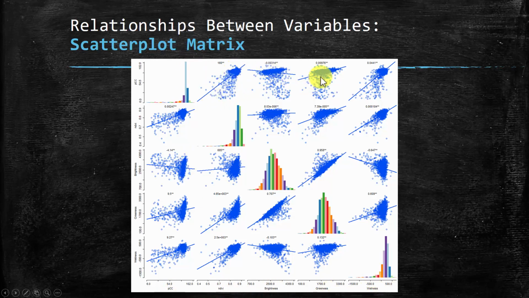Again, we can look at the distribution of the data and see if there are relationships between the variables one by one. The diagonal represents the distribution of the variables as a histogram, and all the things off the diagonal are the relationships. Here, for example, we're comparing principal component and NDVI, and we see what looks like a positive correlation there, but it's pretty noisy. Here we're comparing wetness and principal component analysis. This relationship appears to be more negative. Brightness and wetness, for example, seem to be more negatively correlated. All right, so